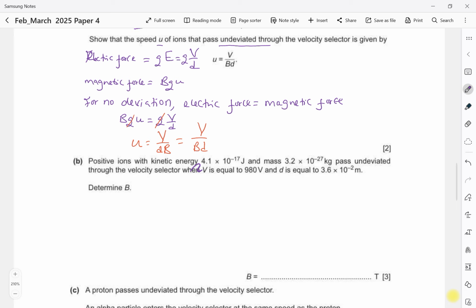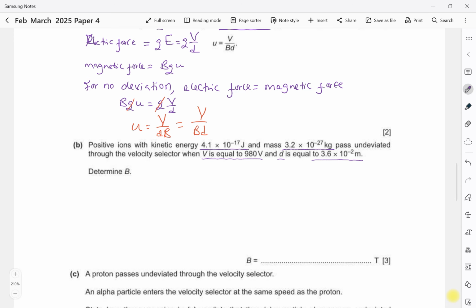Positive ions with kinetic energy 4.1 times 10 to the power of minus 17 joules and mass 3.2 times 10 to the power of minus 27 kilograms pass undeviated through the velocity selector when V is equal to 980 volts and D is equal to 3.6 times 10 to the power of minus 2 meters. Determine B. Because they've given us kinetic energy, we know that kinetic energy equals